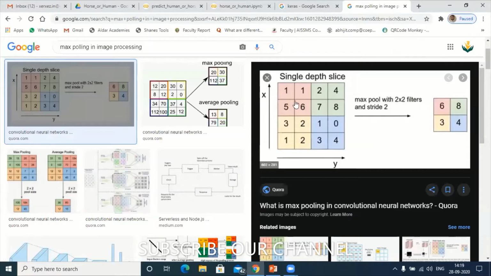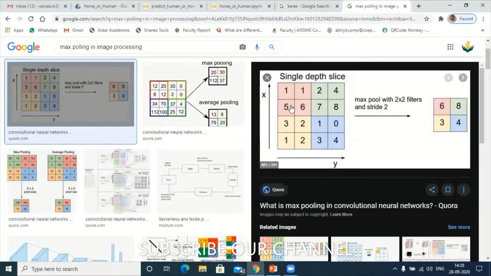In the next level, I'll try to take the maximum value from these weights. Let's say 1, 1, 5, 6 in a 2 into 2 matrix. I'll take the maximum value, that is 6. There are other options also. We can take the average of the 4, 1 plus 1 plus 5 plus 6, and take the average value to the next level. That is one possibility. But when it comes to taking the average, again we require computation power here. Understood? Just imagine you have around 1024 into 1024 pixels.